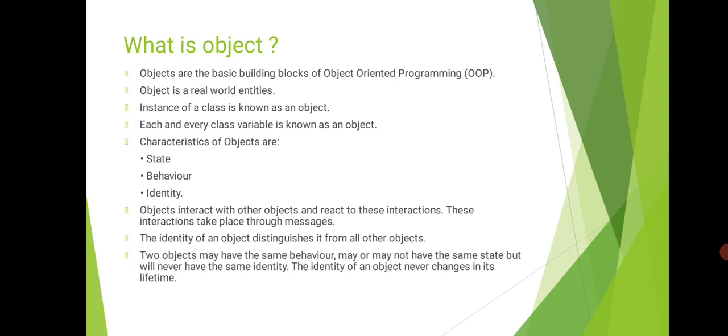The next characteristic is behavior. The behavior of an object refers to the change of its state over a period of time. For example, in an online shopping site, when you place an order for a book, the status of the book might change from available to sold out. Say there are 5 books in the shop. When you purchase one, the availability was 5, and next it is updated to 4. Like this it changes its state, and that is its behavior. The changed state of a book represents the behavior of the object.